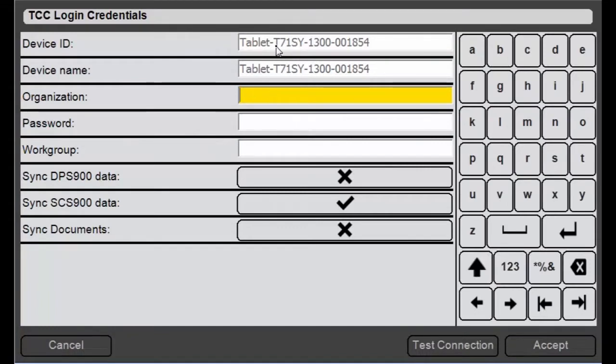Now my device ID is hard-coded to the device, and that's something that you can't change. The device name when you first run DPS900 will be something you can enter, but once you enter it and make a successful sync, that'll become hard-coded as well. We can edit that. I'll show that last. But for now, I'll just enter my organization, my password,